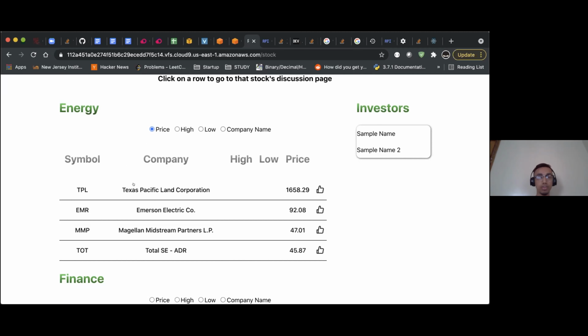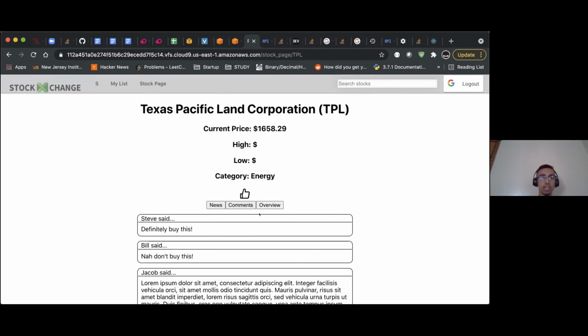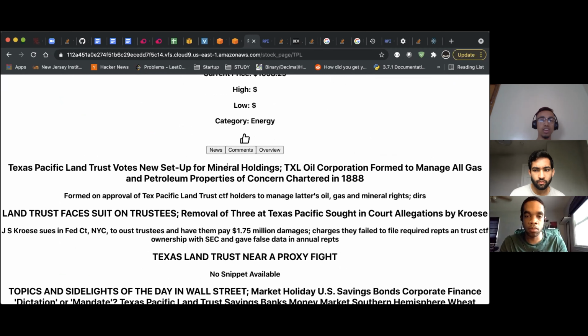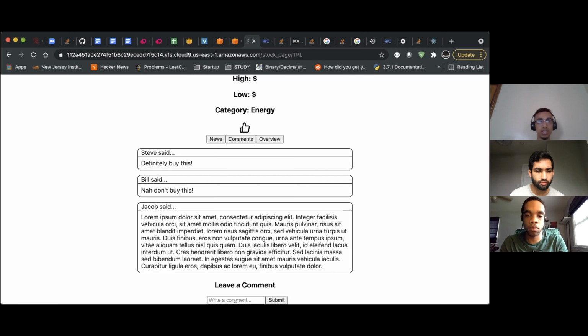Okay. So when you click on the stocks, we have the like button, and we have news, comments, and overview. You get all the information about the stocks from the API, which was the New York Times API. And when you click on comments, you could put comments for the stock, like don't buy this, or buy or sell at this price.